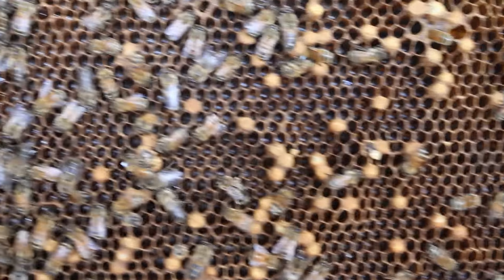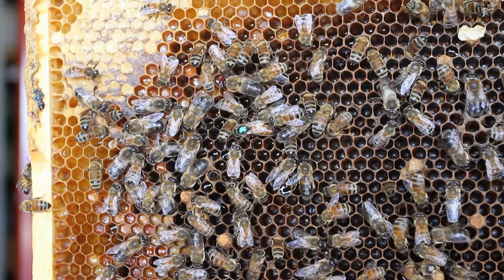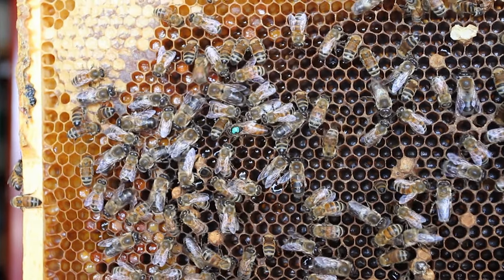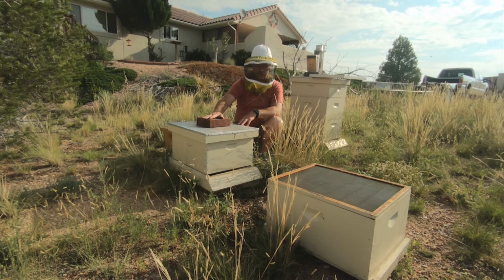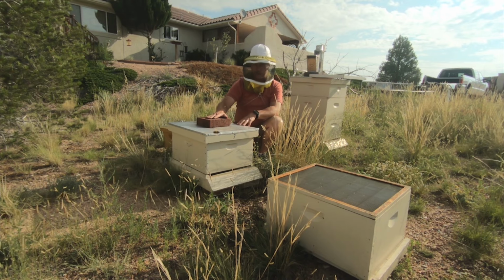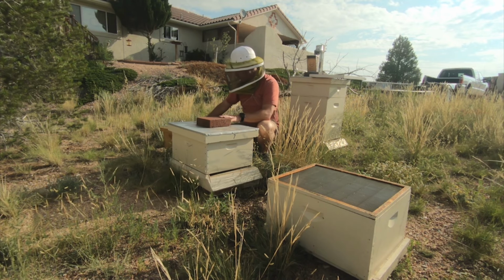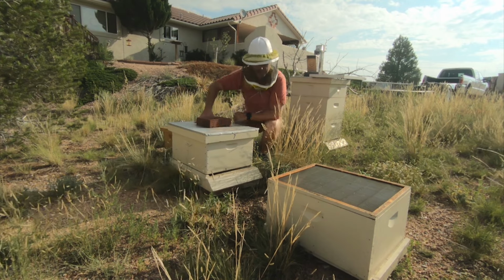Now a lot of that brood may have died since because the hive is under stress, but this is a very large hive. They fill this hive body. I've dropped them down from 2 hive bodies to 1 in preparation for this. So what I have here is a queen-right hive, and I'm going to place it on top of them, but I'm going to use